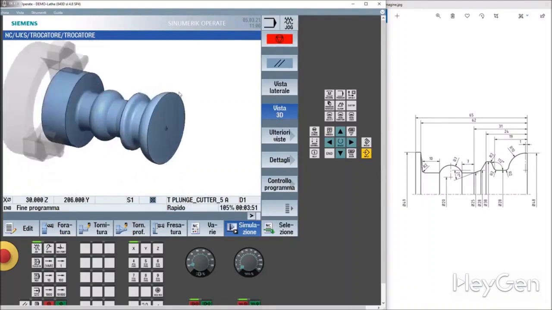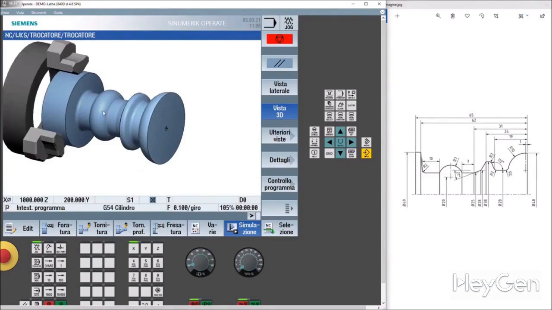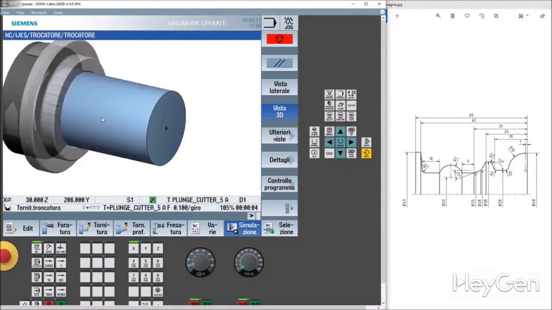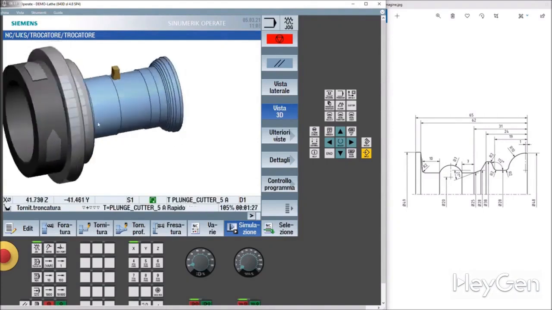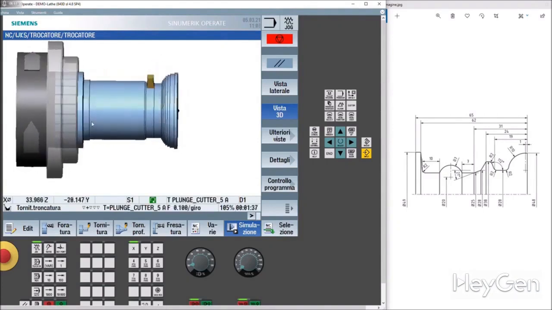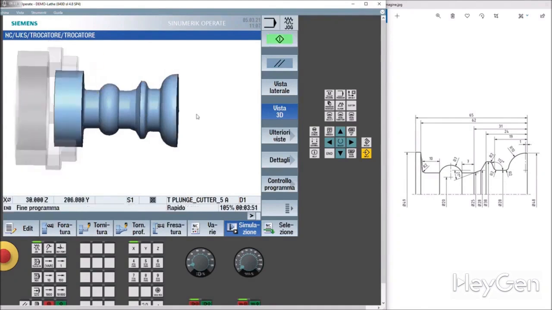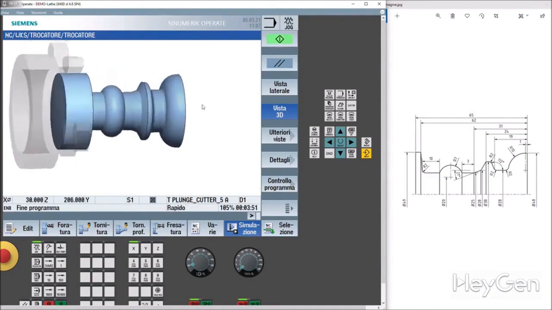Shop Turn. Let's review it in 3D, because 3D is always more beautiful. If you have Shop Turn in your company and you're not using it, learn to use it, because your boss will be very, very happy.